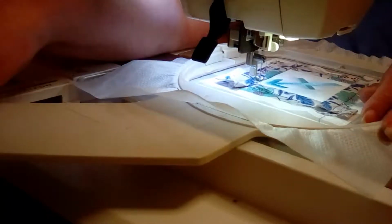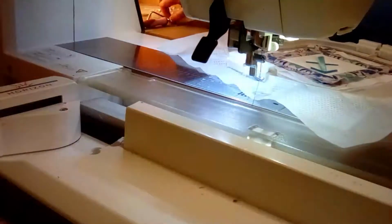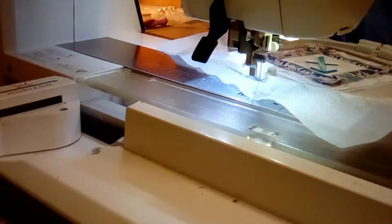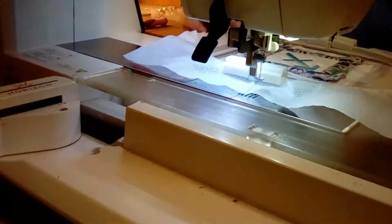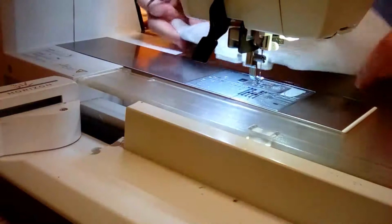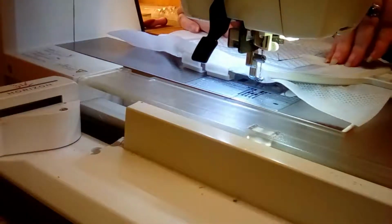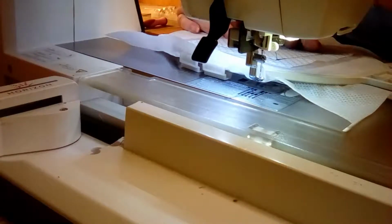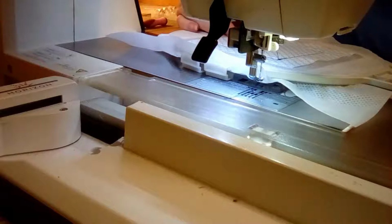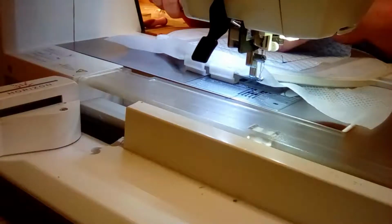Okay, so what I need to do now is take this back off the hoop, get a good pair of scissors, and these are very nice scissors. I'm going to turn it over. I hope you can see this on camera. Get rid of my painter's tape because that was only securing it for the moment, so it didn't ride up on the back. And I'll just cut the back